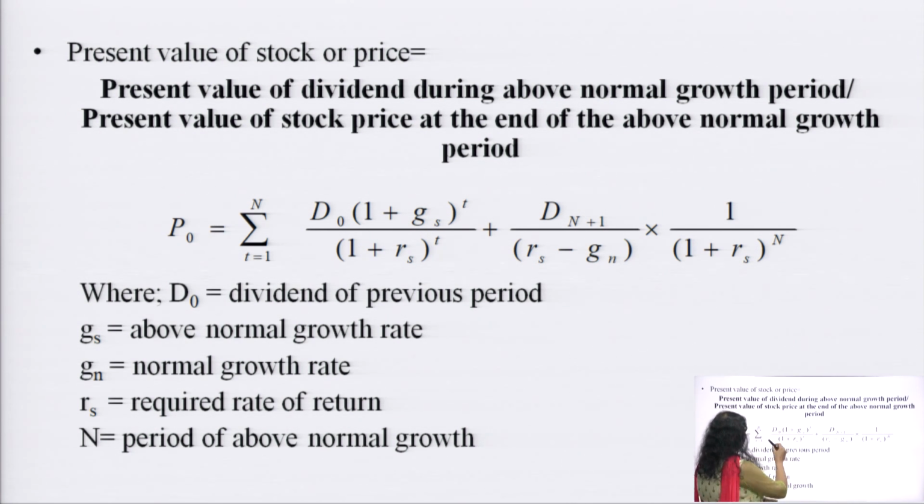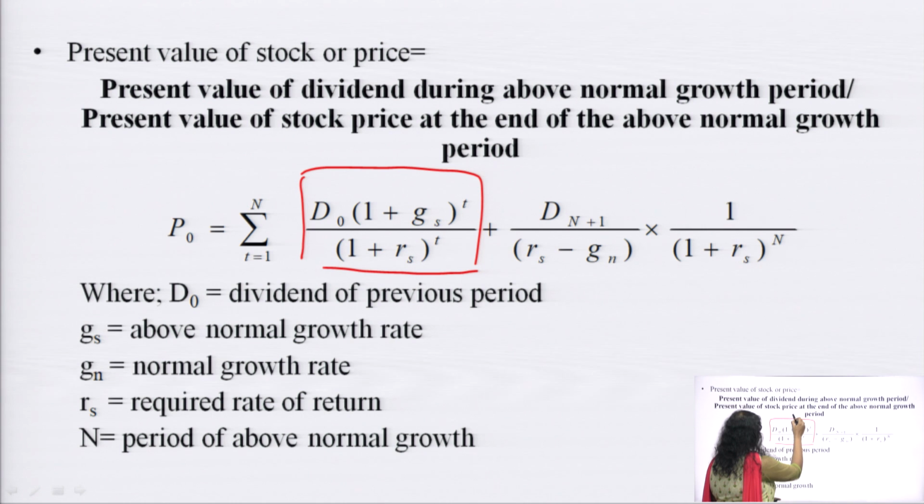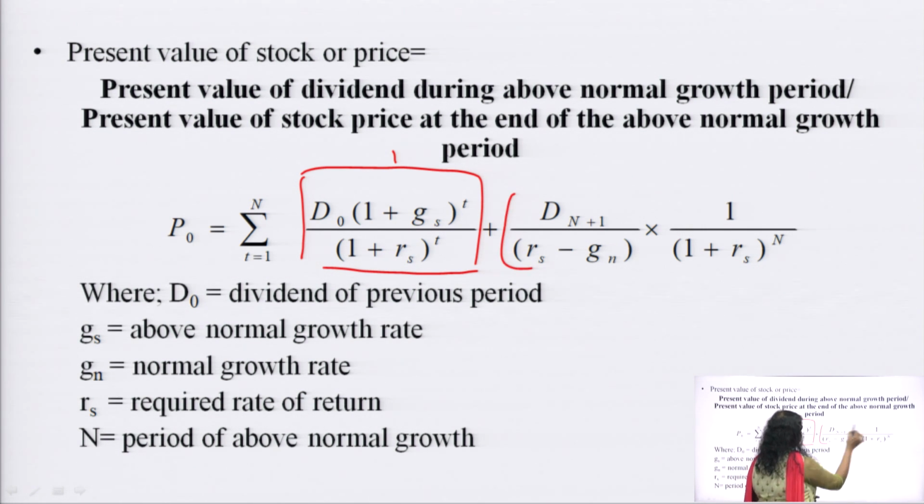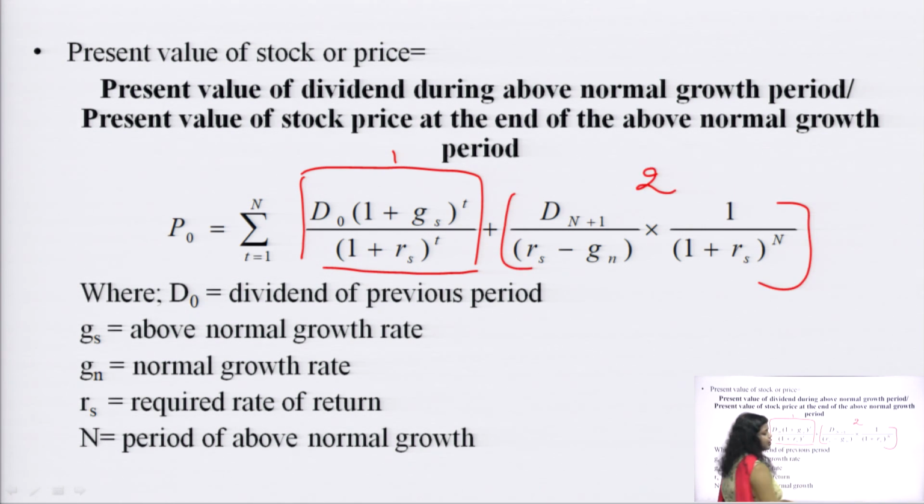Here the formula denotes D0 (1 plus GS) to the power T divided by (1 plus RS) to the power T. This particular part is phase 1, and the rest is phase 2 for the 2-stage model in the case of equity valuation. The first stage is categorized by extraordinary growth or extraordinary decline, and the factors that we use for the valuation are D0, which is the cash dividend of the current year,